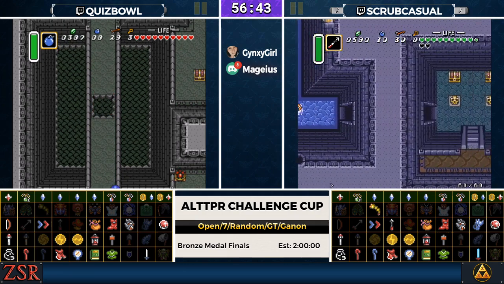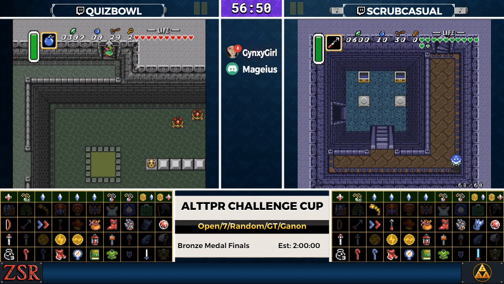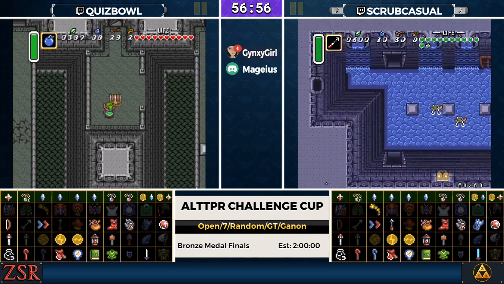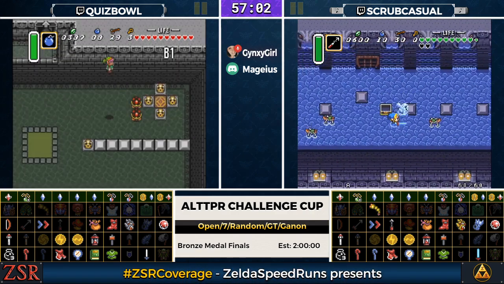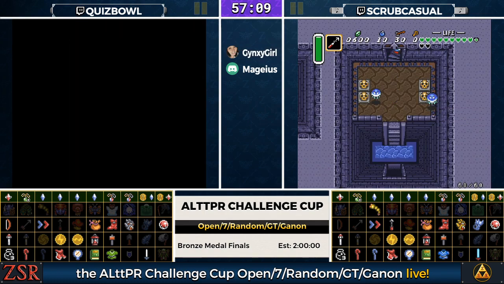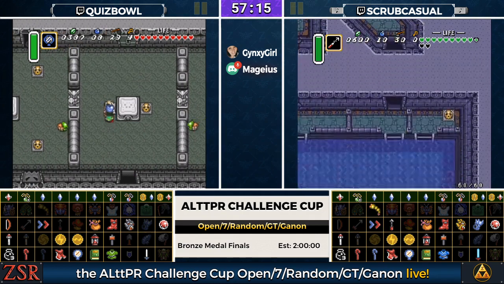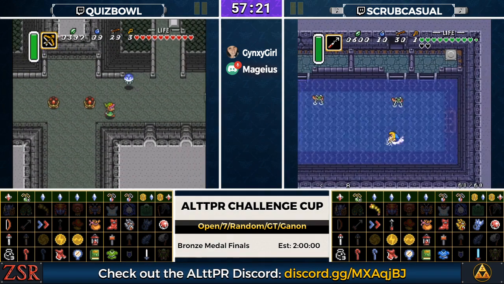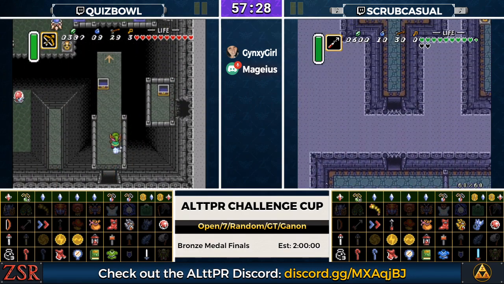So let's see what's in the sunken treasure chest here. Titans. Ooh, Titans. And welcome, Zelda Speedruns with a raid of 122 people. Welcome to A Link to the Past Challenge Cup Bronze match. This is game Scrubcasual versus Quizbowl. And a lot of exciting things happening right now. Yep. Scrub just found the Titans mitts. Before, runners had early Dark World access via the hammer and gloves plus Moon Pearl, and they both went straight to Dark World versus checking Eastern, so it took them a little bit to get the boots, but